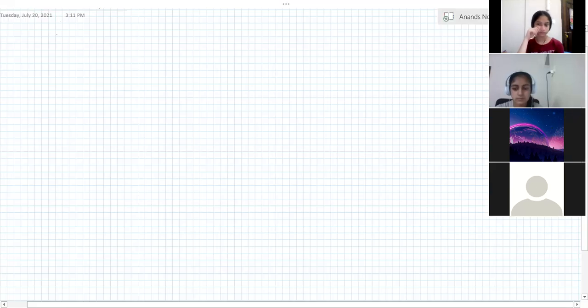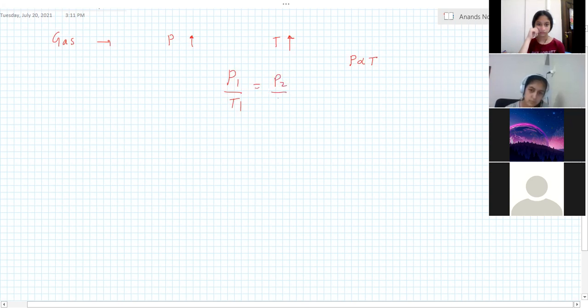He says that for any particular gas, the pressure of the gas is directly proportional to the temperature of the gas. We have already seen this when we were discussing that piston cylinder experiment, right? When temperature increases, the velocity of the particles increases, kinetic energy increases, therefore the pressure exerted by the gas also increases. So he said that pressure and temperature are proportional to each other, or P1 by T1 is equal to P2 by T2 is equal to P3 by T3.